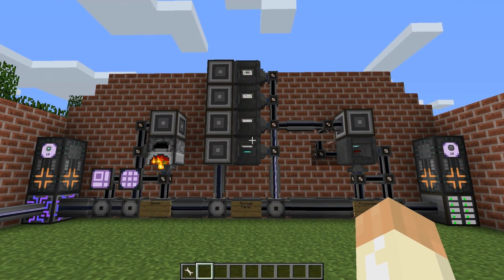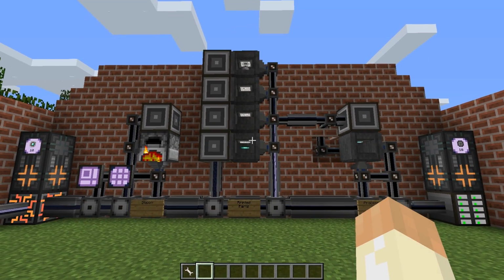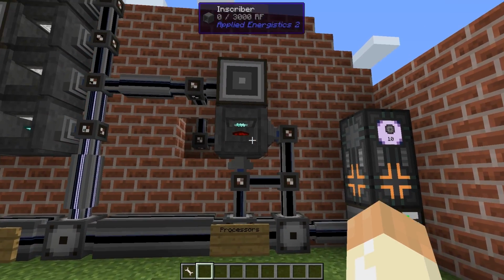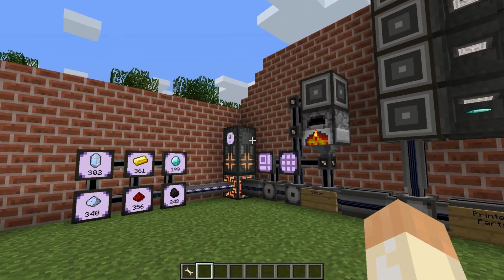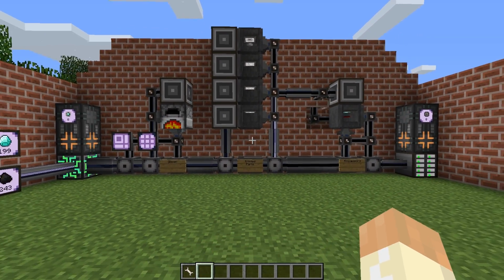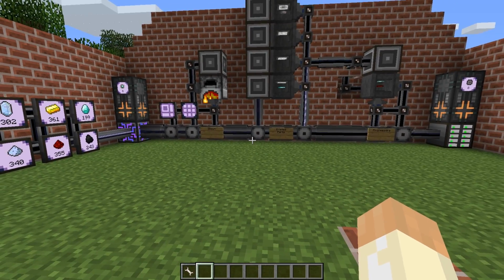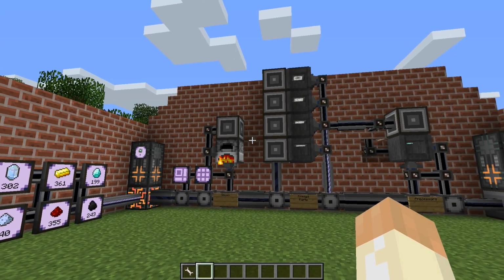So here you can see it in motion. We have the diamond down there, we have the silicon up there, they're working in parallel. And this inscriber is filled up constantly from both sides to do the job. So that's how it works. Not too complicated, I hope. But if you think so, then continue to watch, because I will rebuild everything from scratch